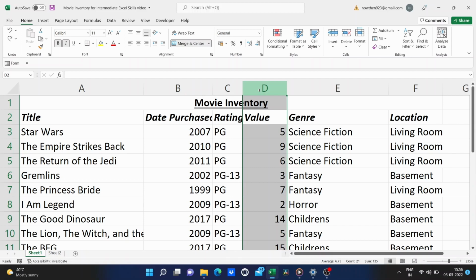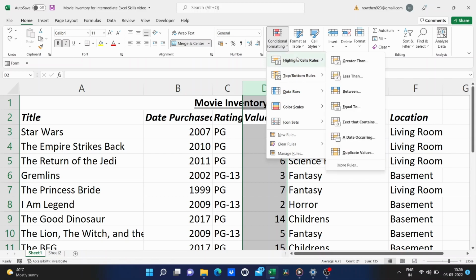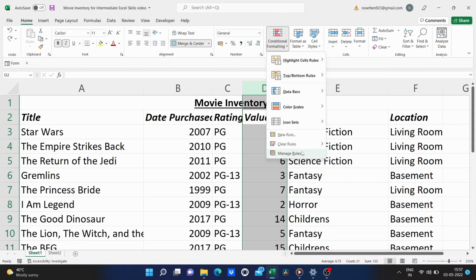Now I simply go up here to conditional formatting and click, and it gives me some options. It mentions rules several times. Basically, we're going to set up some rules for the content of these cells, the formatting of these cells, and the easiest example I can think of is color scales. So let's just look at that.